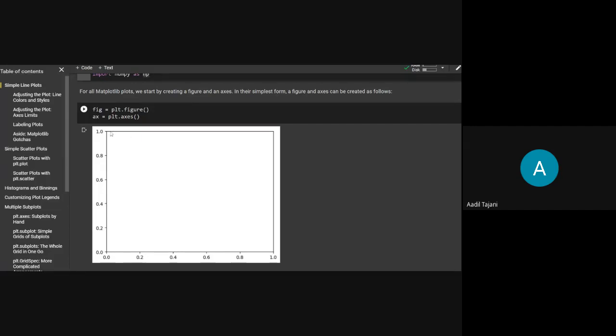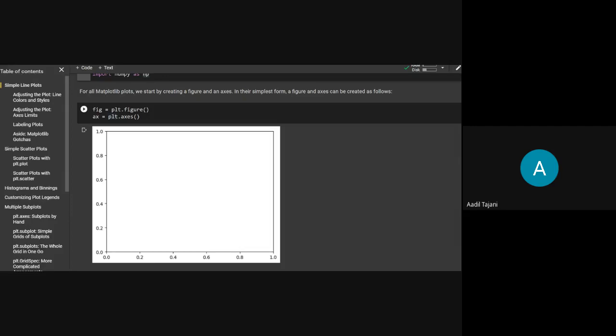And plt.axis is a command to define the axis. The axis is the thing in which every plot is drawn. This black area that you are seeing here, this square in which the plotting is going to be done, is known as the axis of this figure.